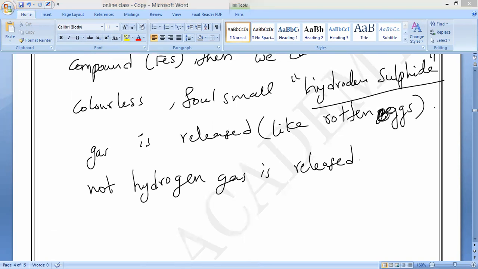So, iron sulfide does not show the properties of iron present in it. Even the sulfur present in the iron sulfide compound cannot be dissolved by carbon disulfide. So I can say iron sulfide does not show the properties of sulfur or of iron when they are in compound state. Is it correct or not? So we can say iron sulfide does not show the individual properties of its constituents, iron and sulfur, when in combined state.